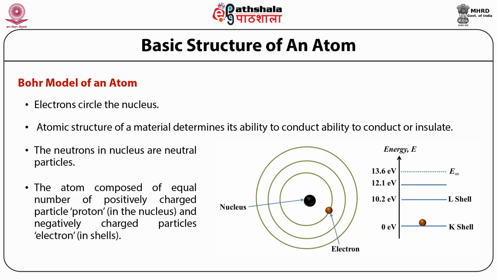Now let us consider the simplest example, the hydrogen atom, whose atomic structure and energy models are given in the figure below. The hydrogen atom consists of one electron in a shell and one proton in the